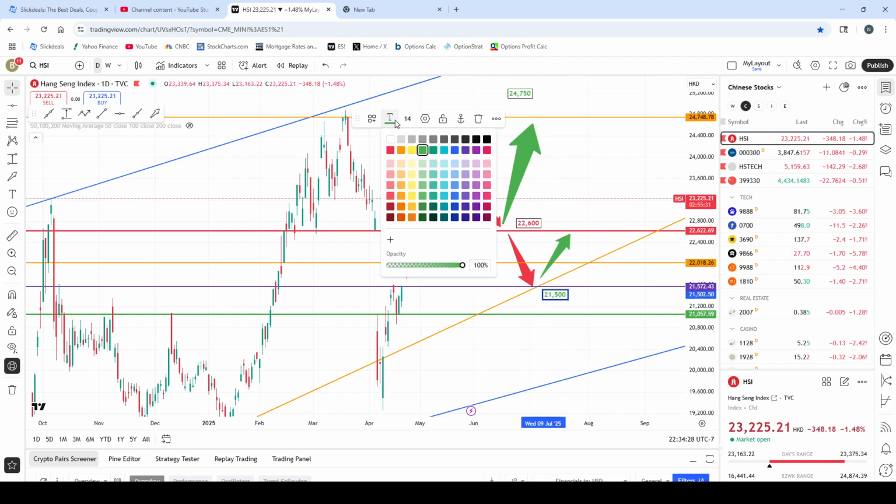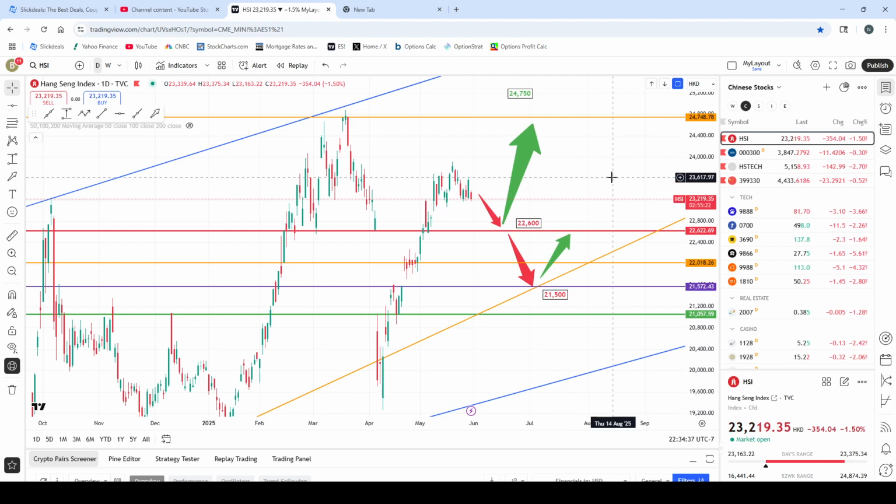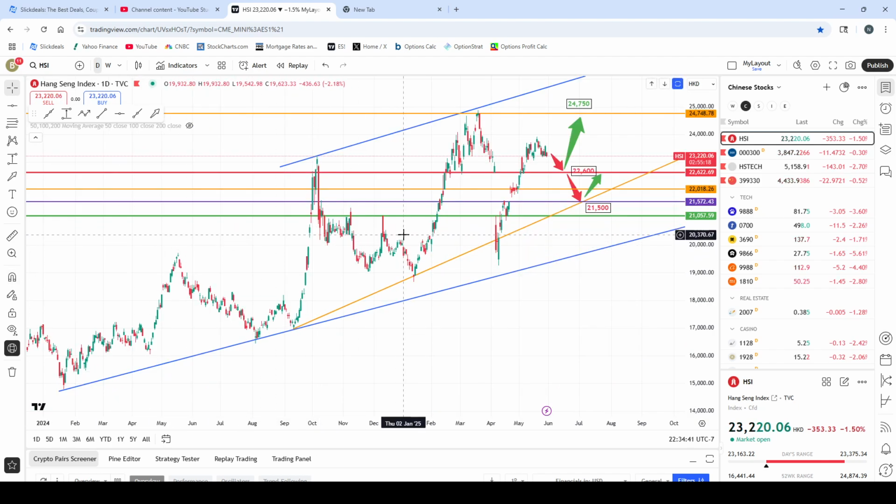I don't trade the Hong Kong index, the Hang Seng Index, so I'm just doing analysis. So there you go. Those are the levels. Most likely further pullback to 22,600. All right, so next is